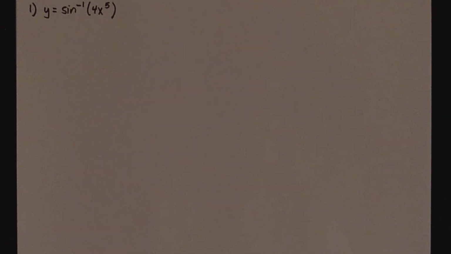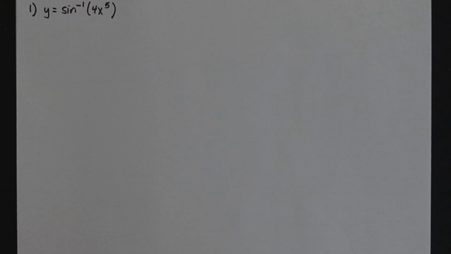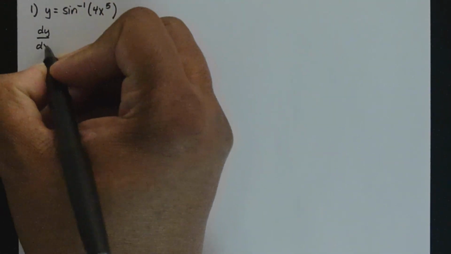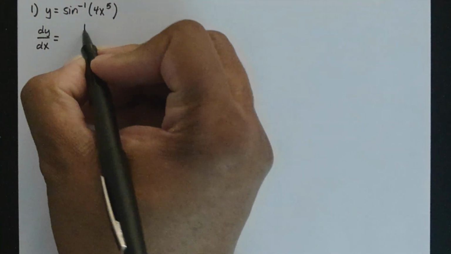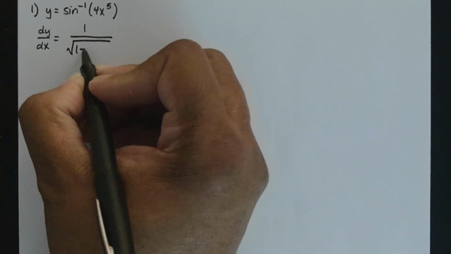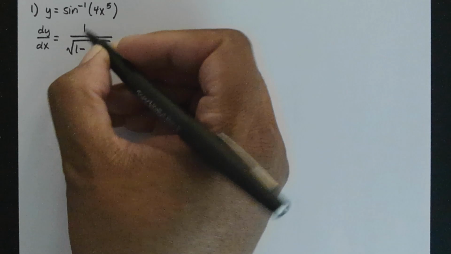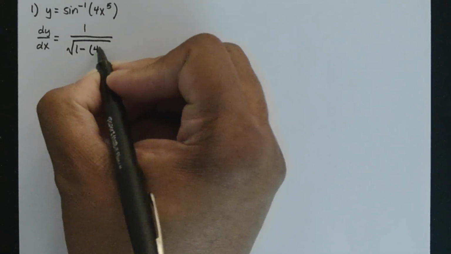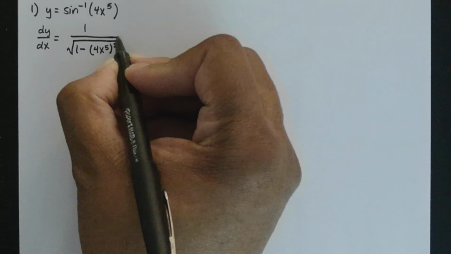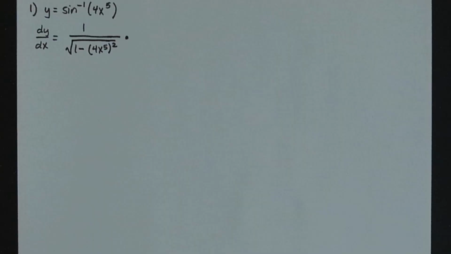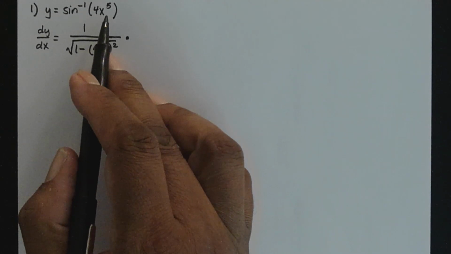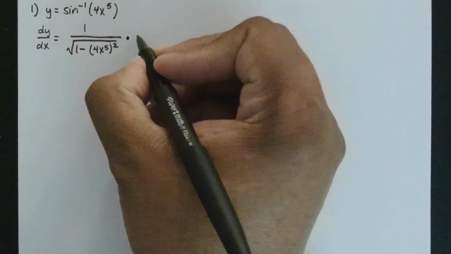So, if I do dy dx, or y prime, I could use that notation if I wanted to. That's going to be 1 over the square root of 1 minus, and what's inside the parentheses, which is 4x to the fifth, that will have to be squared. And then that's going to be multiplied by the derivative of what's inside the parentheses. The derivative of 4x to the fifth would be